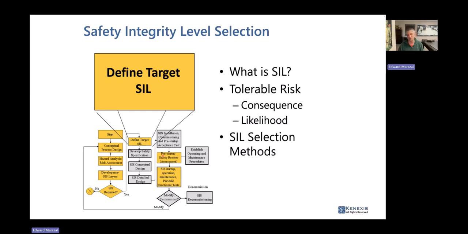So when you're assigning a SIL target, you're not assigning it to the plant as a whole. You're not assigning it to the logic solver. You're not assigning it to a unit operation like a fired heater. There is a certain hazard that the safety instrumented function is intended to protect against. And the SIL target is assigned to the collection of equipment that is intended to mitigate the consequences or prevent the consequences of that specific hazard. So there's a one-to-one correlation between a hazard you're intended to protect against and the set of equipment that is going to do that